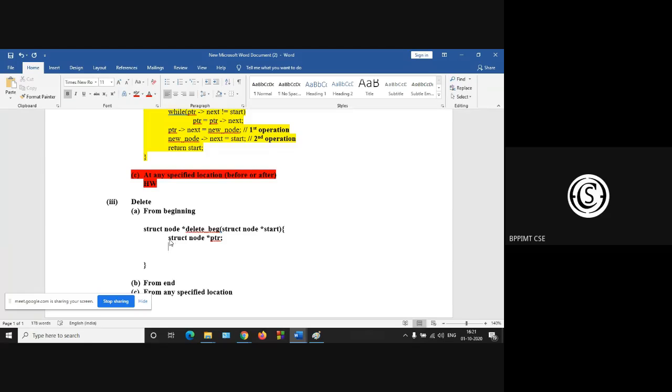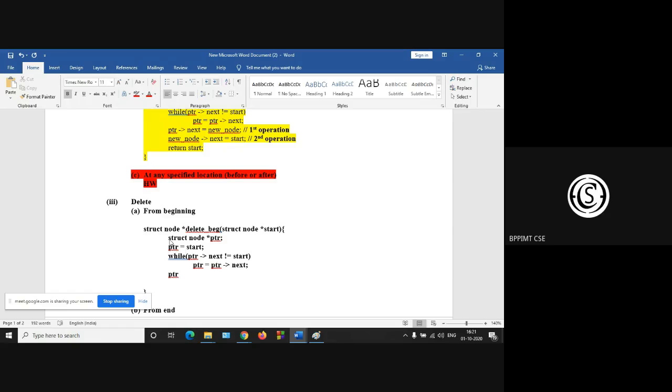So PTR is equal to start, and traverse. PTR arrow next, not equal to start, as this is the CLL, not null. So proceed: PTR is equal to PTR arrow next, right? Now PTR, so you are at the last one.